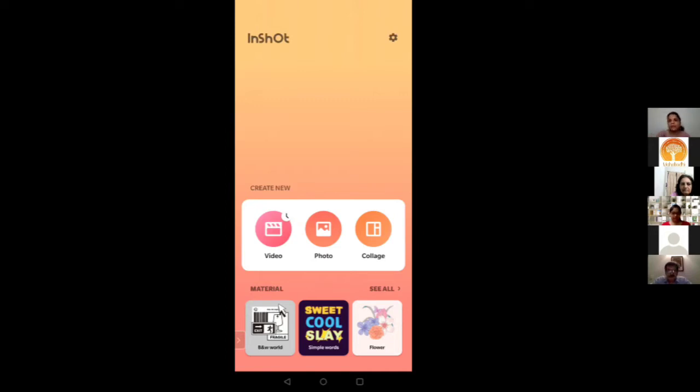So initially my videos would be having an InShot watermark. Recently I have purchased it when there was a good deal. So you have to keep a watch on this app. They come up with really good deals. I got a deal of around 650 rupees for a year, and I think that was worth investing. There was a deal of 1950, I think 2000, for lifetime also, which I didn't pick up right now because I wanted to explore it more. So you have to just keep a watch on the deals that happen on these various platforms.